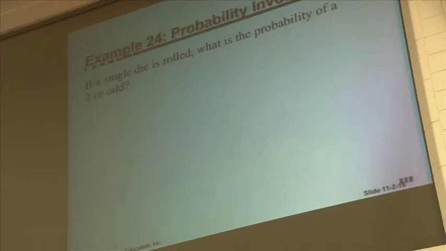Another one. This time with a single die. What is the probability of rolling a 2 or an odd number? Okay. Let's write our formula out. Probability that it's 2 plus the probability that you're rolling an odd number minus the probability that it's a 2